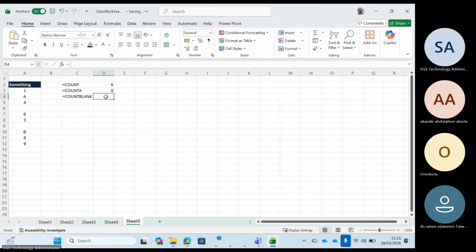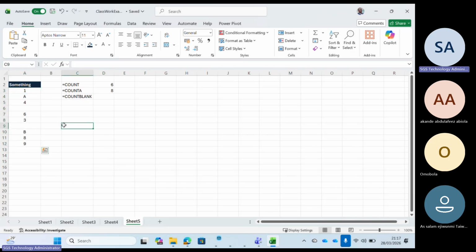Count the number of cells that don't have anything. Only numbers are counted by count. The ones that have alphabets and numbers will be counted by count A. Okay. So if you now want to know how many blanks are in this cell range,